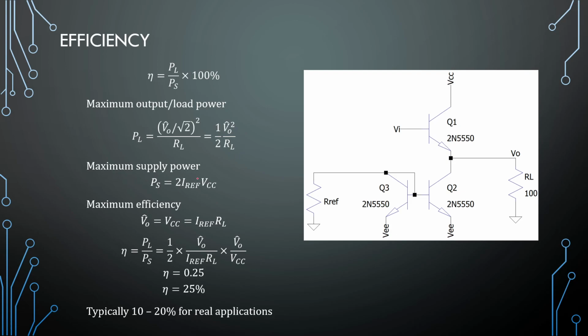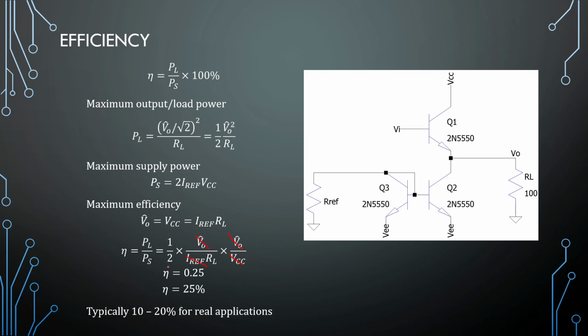The maximum supply power is 2 times IREF VCC, because we have this extra current source here on the side. And at maximum efficiency, our peak output will be the same as our VCC. This is when we're neglecting the saturation voltages, would be the same as IREF or load. So peak source and load voltage will be the same at maximum efficiency. If we break this up, that will cancel,